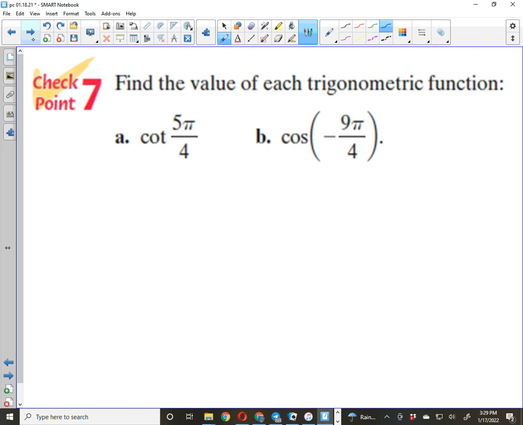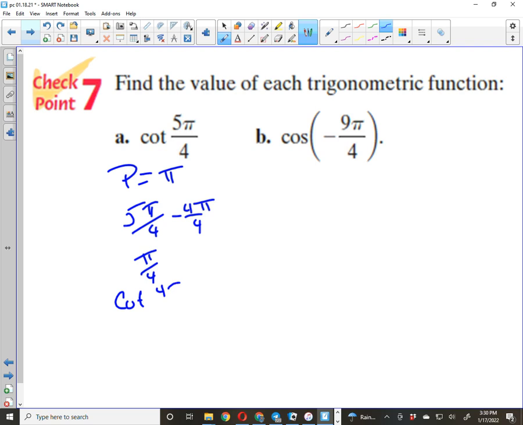They're not actually looking for a periodic. Well, it is. Okay, so cotangent, this period here is pi, right? I know that if I take 5 pi over 4 and I subtract pi, which is 4 pi over 4, I'm going to get pi over 4. I know that the cotangent of